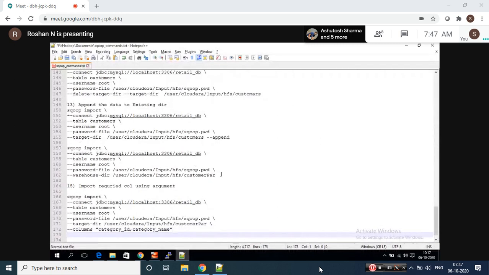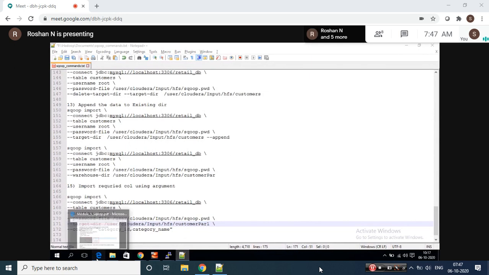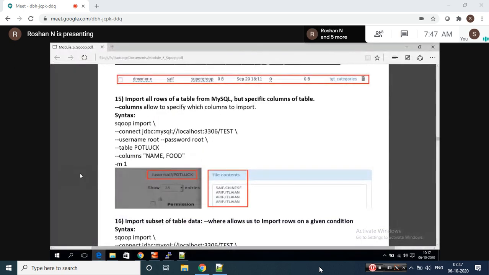Yeah, that should be good. Let's copy this and can you just go to the PDF quickly? I just want to verify whether it's a double quote or a single quote. I assume it's double quote. Yeah,